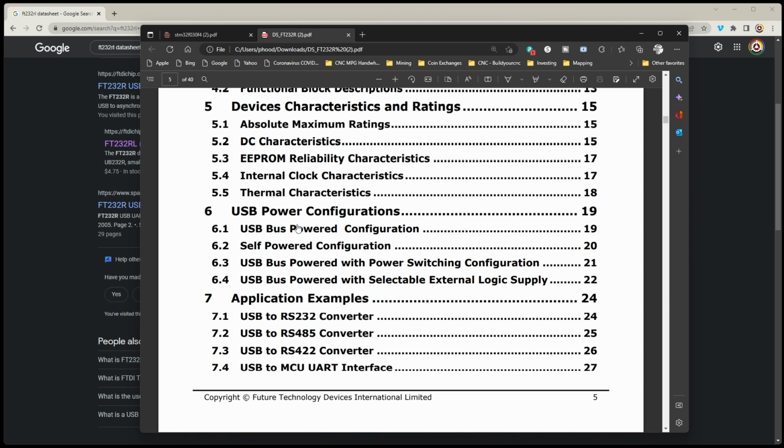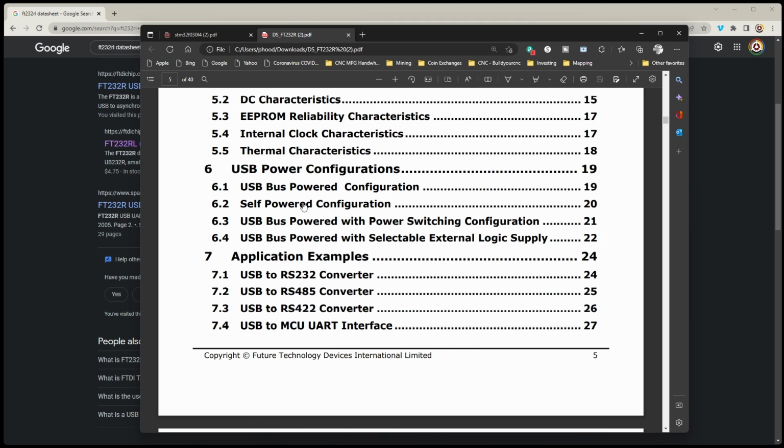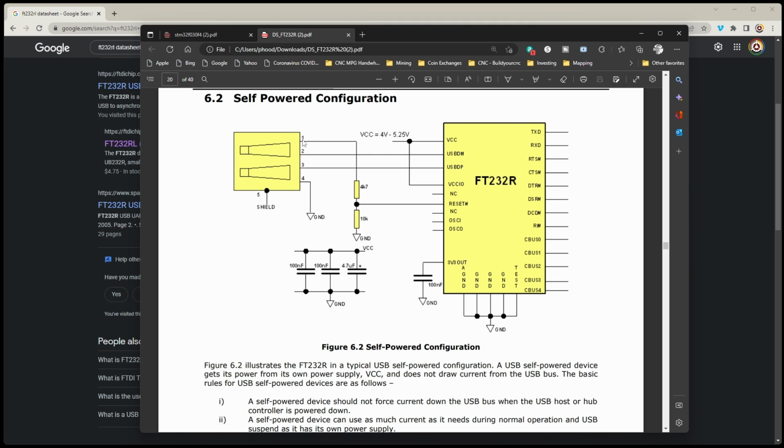You'll also see options on how the integrated circuit is powered. So you can have it powered by the USB bus. Let's take a look at the USB bus powered configuration. You can see that the VCC is going straight to the VCC here from pin 1, and pin 4, which is ground, is also connecting to the grounds here. In the self-powered configuration, you can see that there's a cut in the line here. The USB is pulled down to ground using a voltage divider to the reset. And the chip is powered by another source between 4 volts and 5.25 volts, which is the band that this